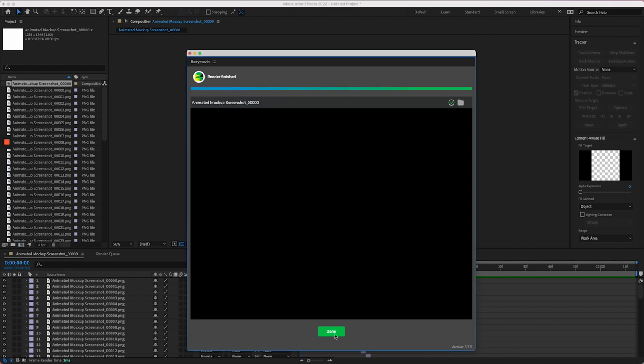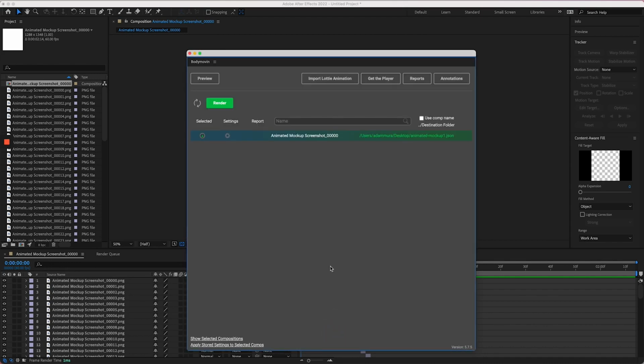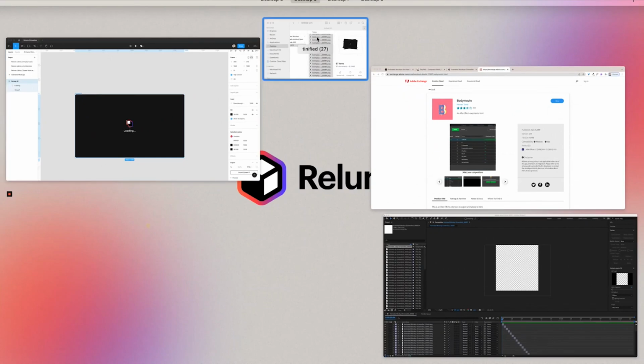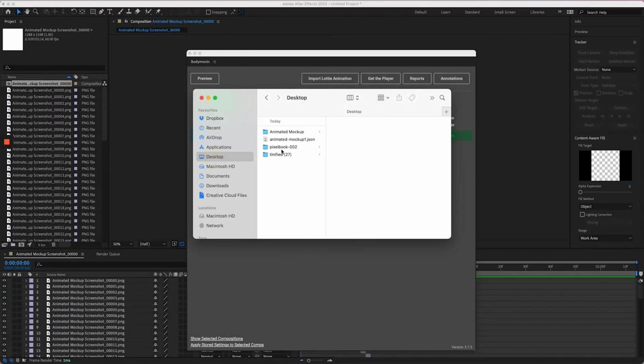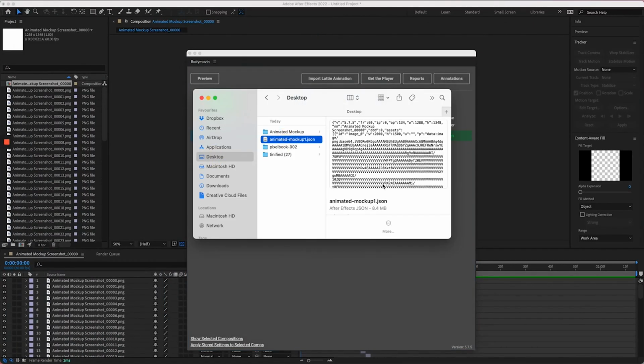Alright, so the render is finished. That is all good to go. Now let's go to my files, go back here, and cool, we have the JSON file. It is 8.5 megabytes. It's sort of big, it could be bigger, it could be smaller. There are ways that we can further compress this by reducing the frame rate, by reducing the width of the JSON,